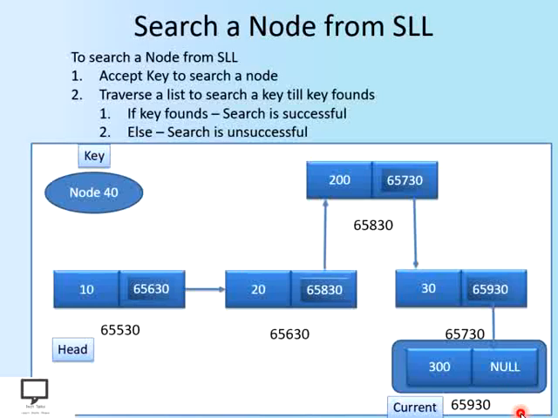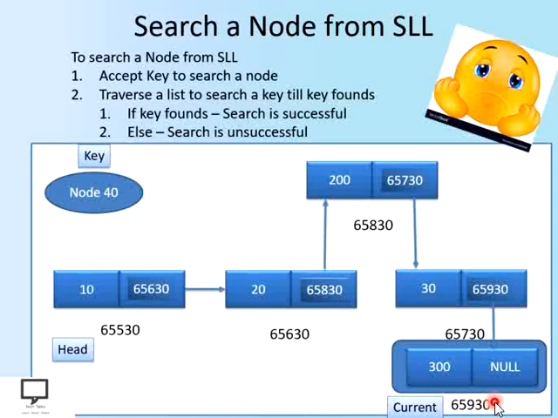How could we come to know that we are at the end of the list? By checking the next field of every node. If it is null, we have to stop. It means that we are at the end of the list. We have compared every node with the key value and they are not equal. That's why we moved forward and now we are at the end of the list. It means that our search is unsuccessful. The node which we want to search is not present in the given list. So in this way we can perform the search operation.